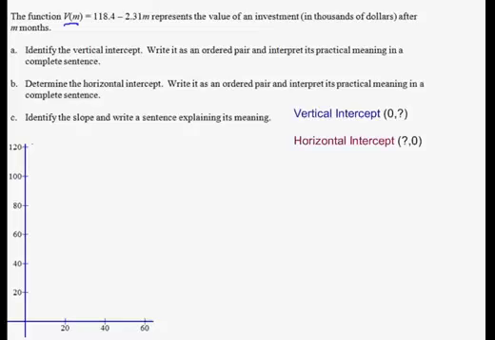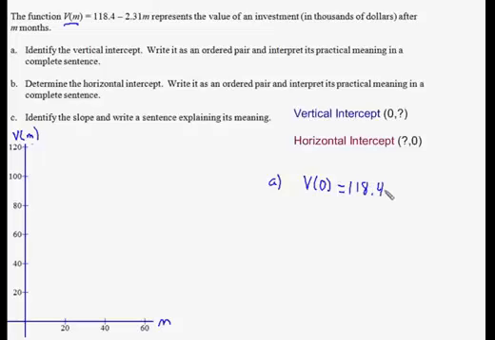What's true with any function, not just linear functions, is that if you are on the vertical axis, if you're a vertical intercept, then your x coordinate, or in this case your m coordinate, would be 0. So here's my input m, here's my output V of m, and I know if I am on the vertical axis, if you were to label any point on the vertical axis, you would notice that its input would be 0. So to find the vertical intercept, part A, I'm going to simply plug 0 in for m, and I'm going to get V of 0 equals